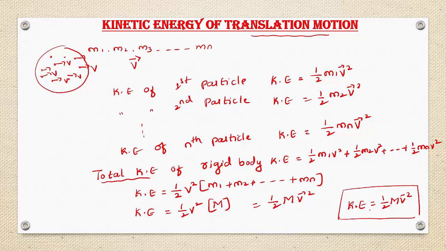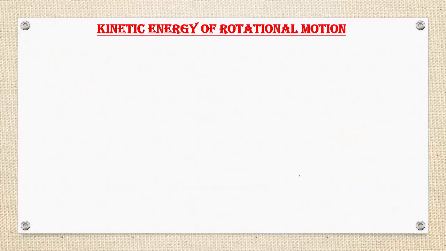It opposes more when the object has more mass. So this is the equation for kinetic energy of translational motion. This is for a rigid body, right? Then kinetic energy of rotational motion, because a rigid body has two types of motion. What are those two types of motion? Translational motion and rotational motion. Now you studied translational motion, but now we can study rotational motion. In rotational motion, first I am going to consider a rigid body.